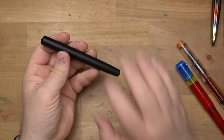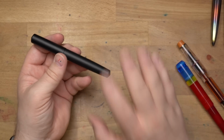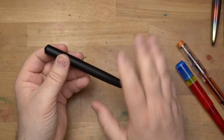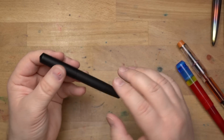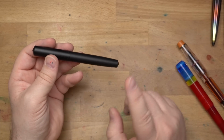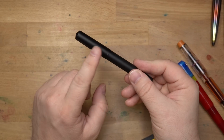So, as I was saying before, this is a fairly wet nib, and so you'll want to make intentional decisions with regard to what ink you put in here. I have Franklin-Christoph ink 23 in here, which is a pretty medium ink, and it flows pretty wetly, but it is a wet nib, so if you put a wet ink in there, like your Aurora blacks and that sort of thing, you're going to end up with a fire hose, and you might have a bad time. So I would put in sort of medium flow or even a drier ink, and this will really sort of